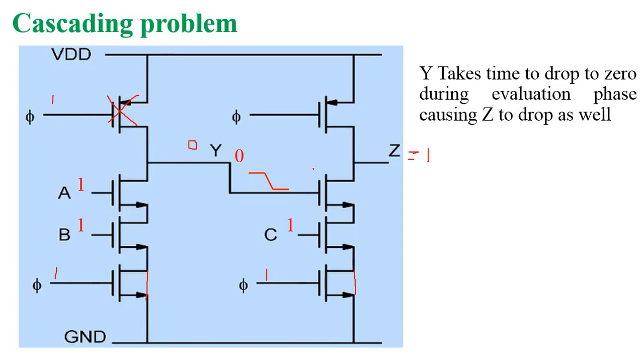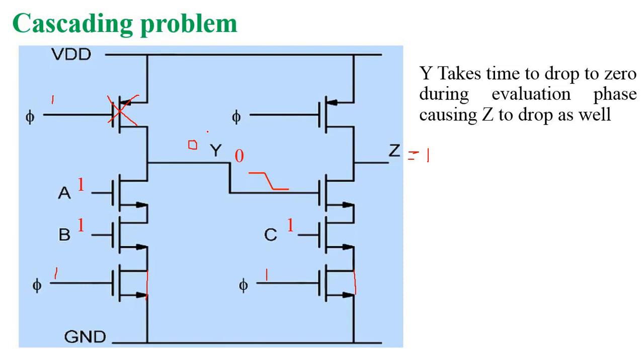So during that time, the output may cause an unwanted result. Exactly, the output should be 0, but the output does not become 0, which makes it a faulty circuit. Since it takes some time, during that time we can't get a proper output. So that is the drawback which is present in the cascaded mode.